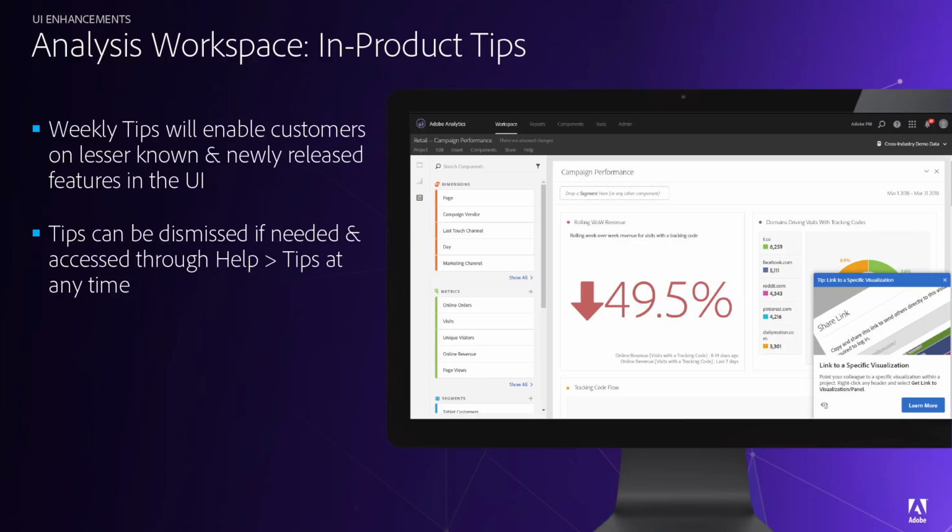So this is something we released in May as well. This is available on the bottom right of your Workspace screen and any of the other builders. We've put in tips that should show about weekly. We wanted to highlight lesser-known features, some tips that other customers are finding useful, as well as highlight the newly released features that we've pushed out each month so that you're aware of the changes that